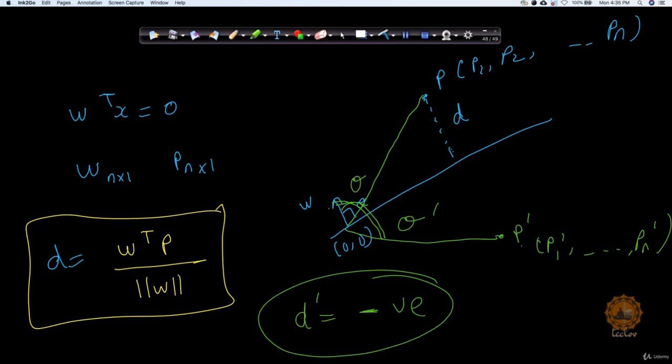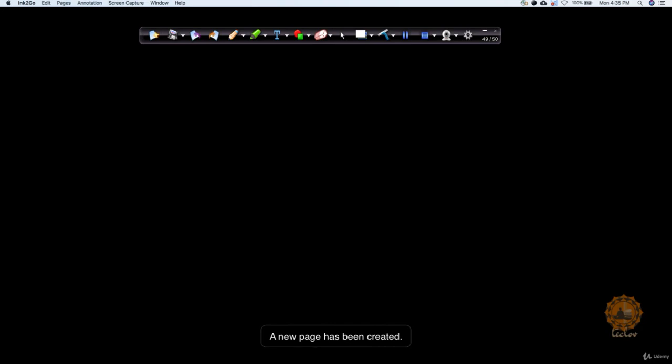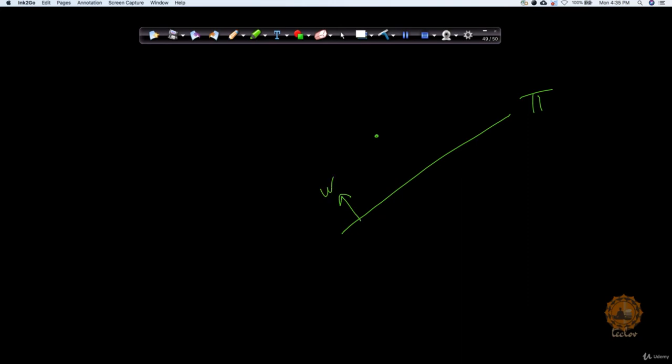Otherwise I'm going to get a negative point, right? So this is a very nice way. Let's say I have a pi plane, and I have a W vector being perpendicular to this, and I have some points like P, Q, R and S. So let's say these are the points on the top side. If this is coming to be positive,